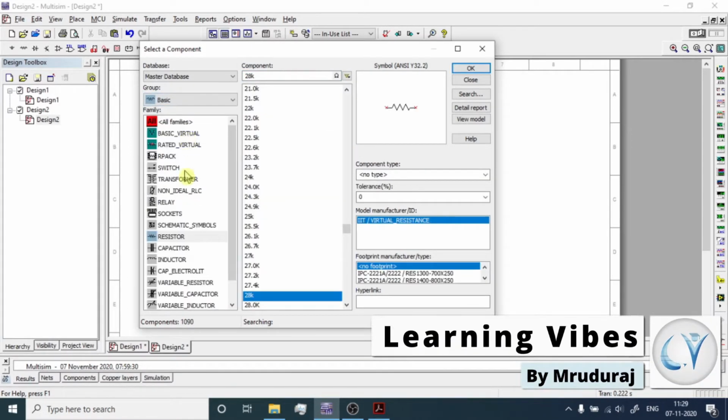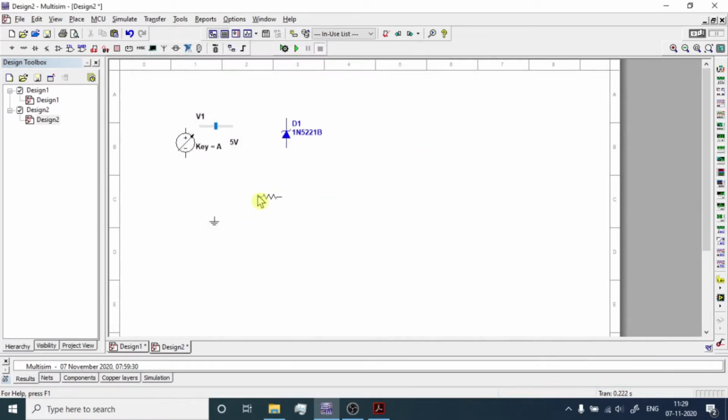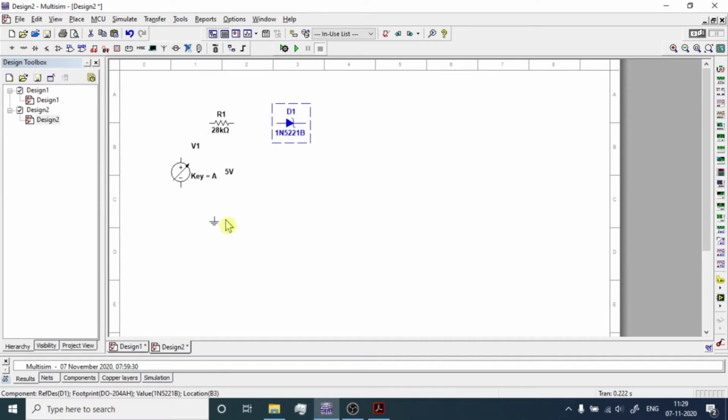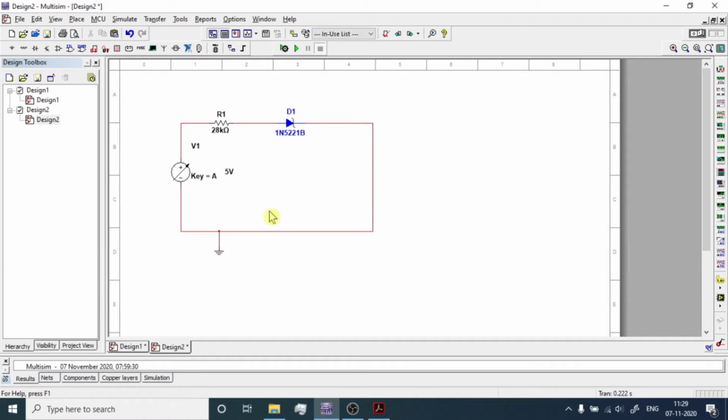We'll go to basics, go to resistor and bring any random resistor. Now we'll connect the circuit. Just rotate it using Ctrl+R, connect the circuit. Here we go, circuit is ready.